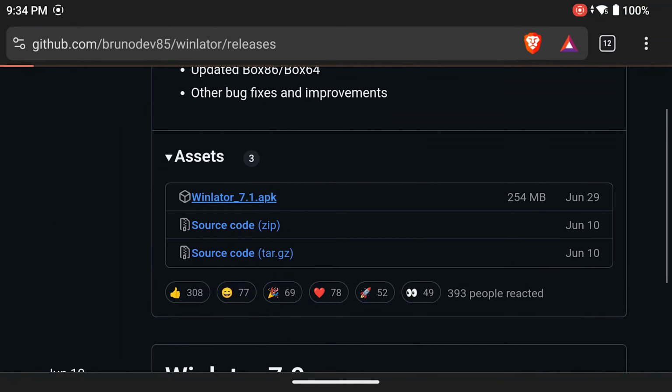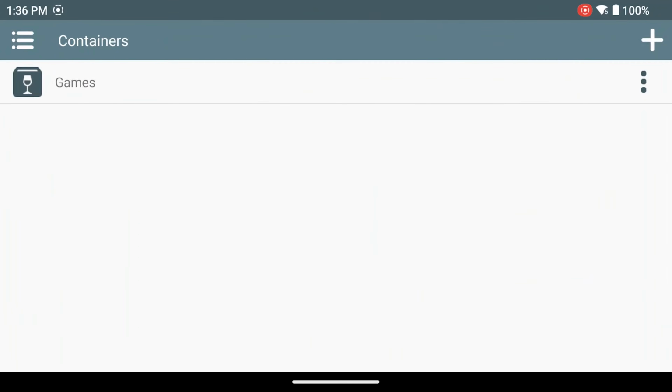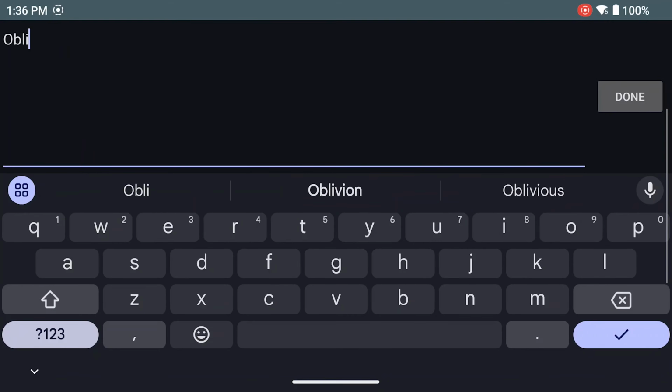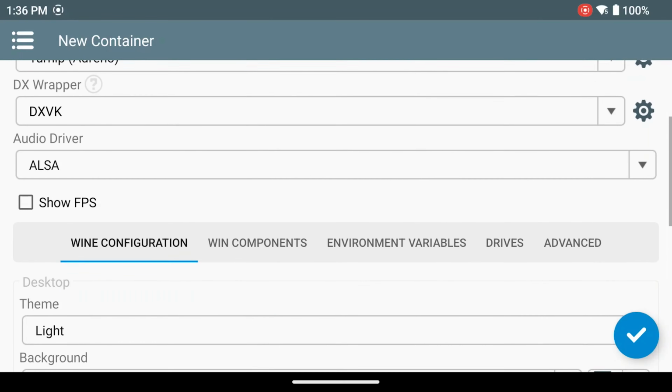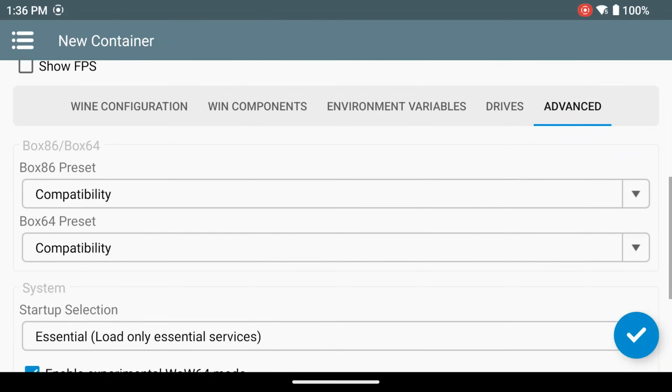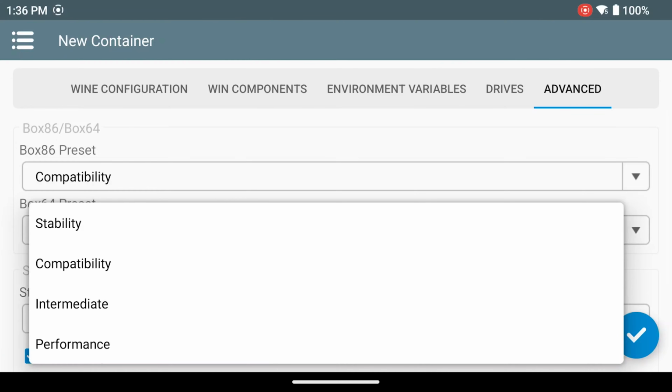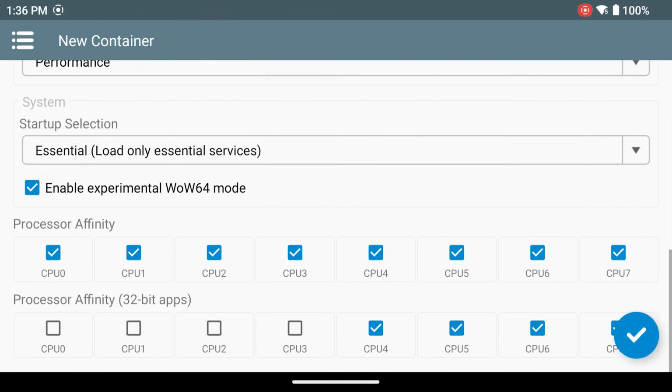Go ahead and install that APK and launch the Winlator app. Click the plus button at the top right to make a new container, and rename the container to Oblivion. We're gonna leave everything default except for the advanced tab. In here, change the Box64 preset to performance, and if you're running a Snapdragon 8 Gen 2 chip, disable